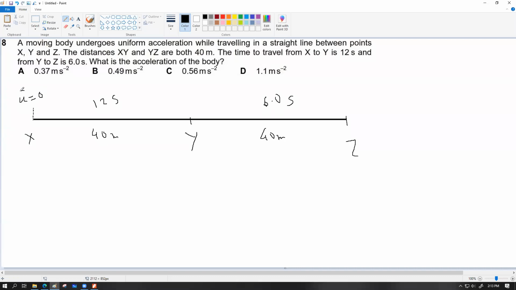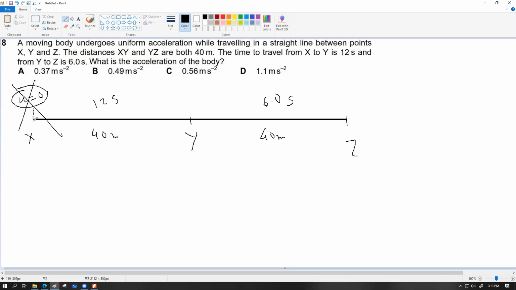This is the most common mistake that the kids make. You cannot do that. You have to assume the object might have had some initial speed at the point x. Initial speed might have been something. You cannot assume it to be 0. Now, that's the first part. One of the ways that should make sense to you is that,